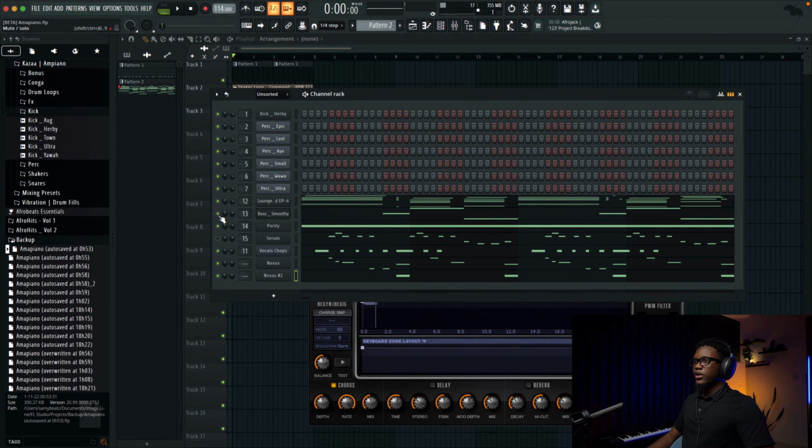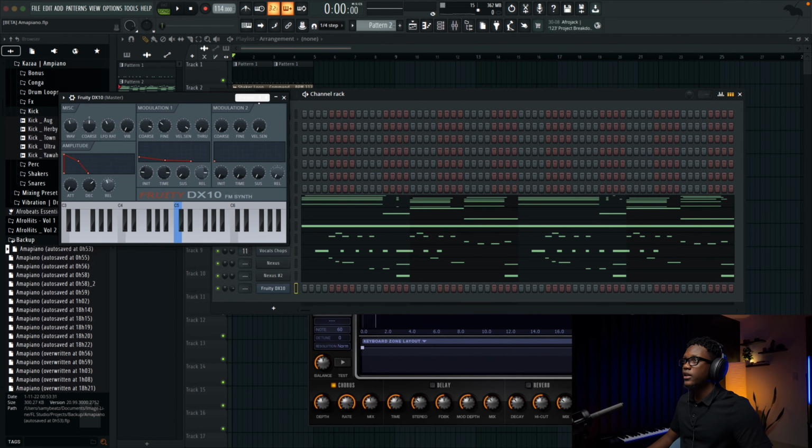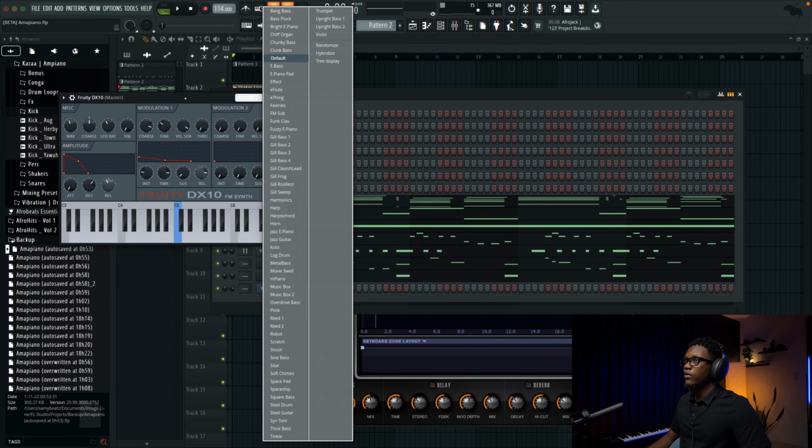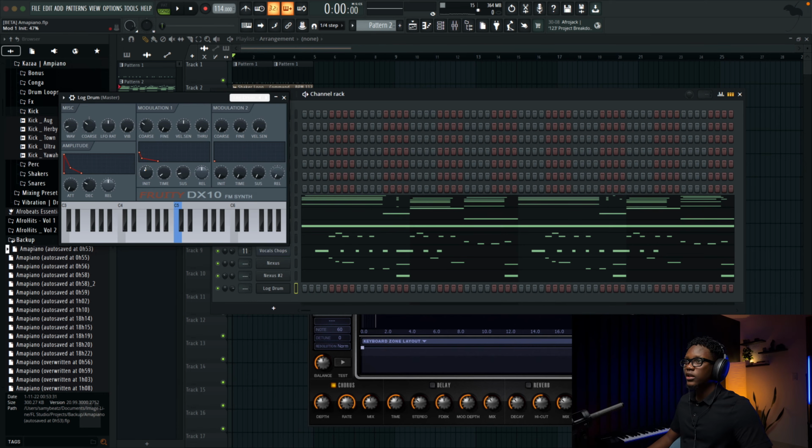Now let me use this bass and then add the floated DX10. So we're gonna create the log drum, guys. We're gonna try to find a nice log drum vibe, you know. First go to log drum and then